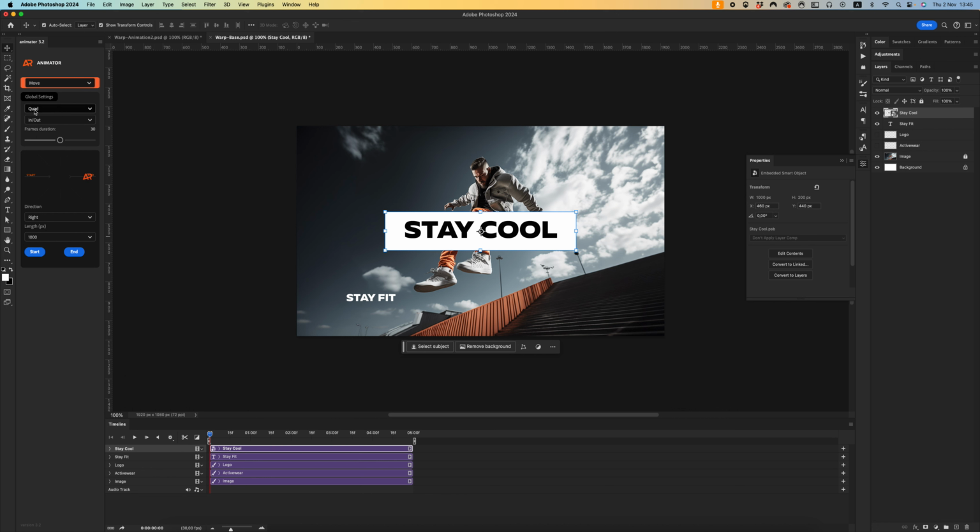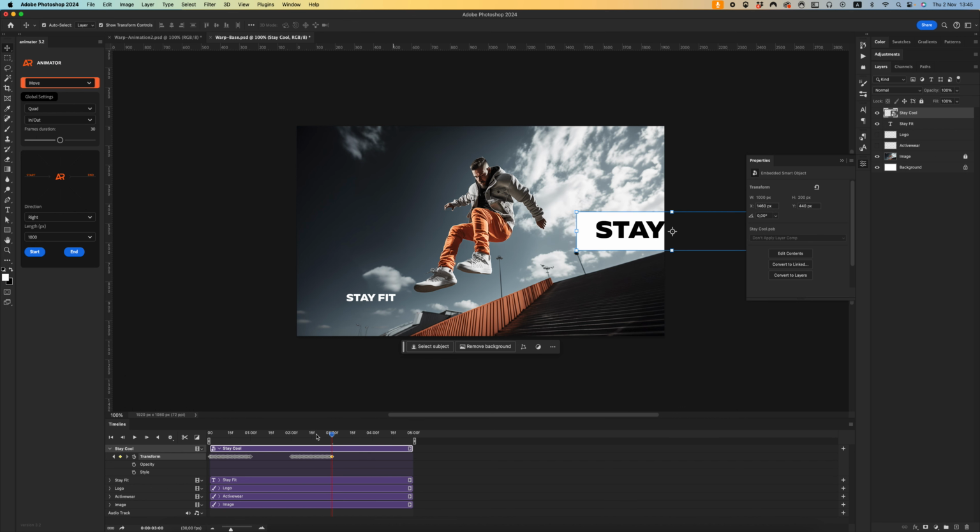I set my option quad in out as a function, and I will use a frame duration of 30 frames. Let's create animation and of the animation. Yeah, I have my animated layer. What we need to do now, we need to create